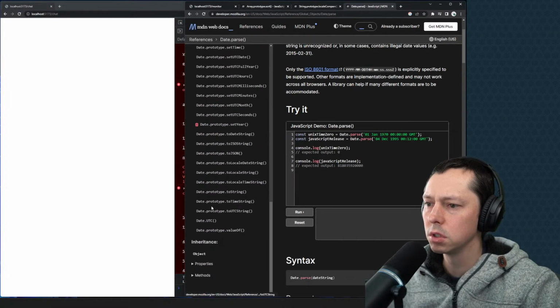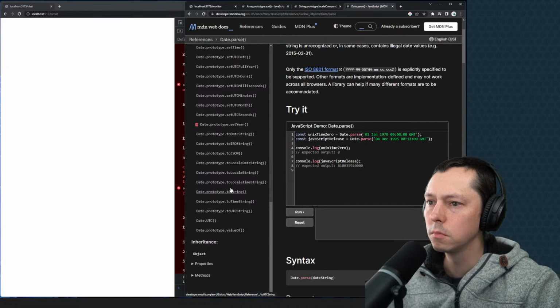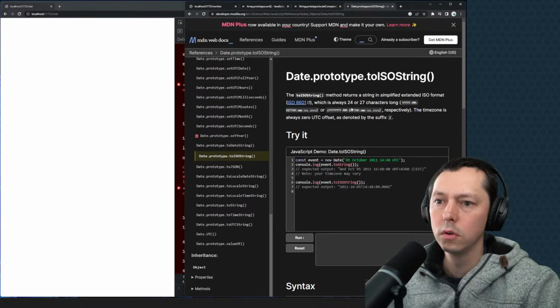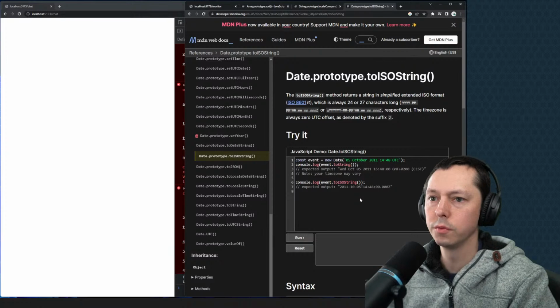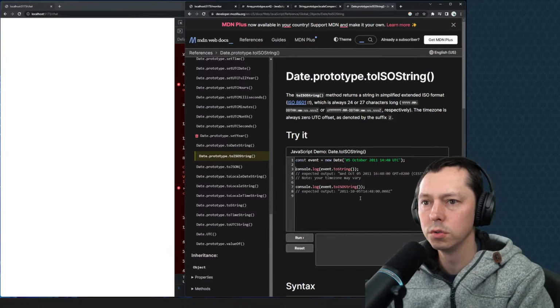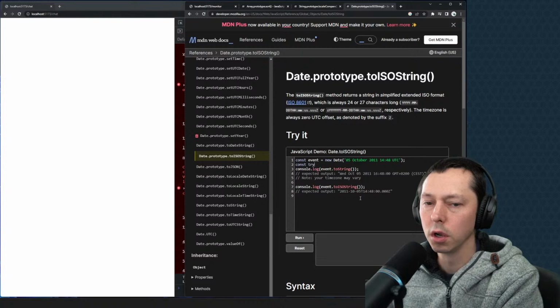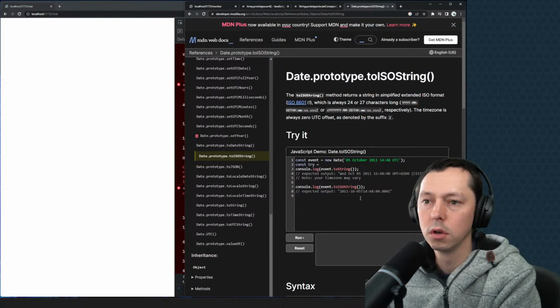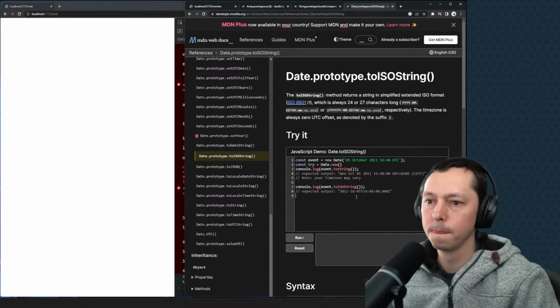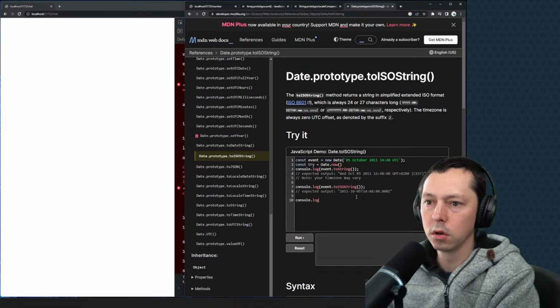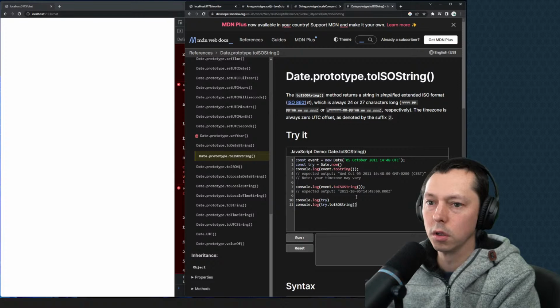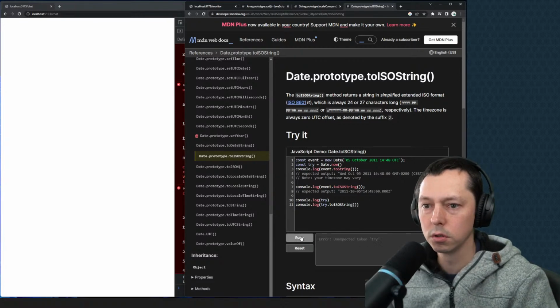I don't think that actually gives us the like a now. So this is using a new date. So if we do const try equals date.now, and if we do console.log try toISOString, I don't think that's actually gonna work, but just